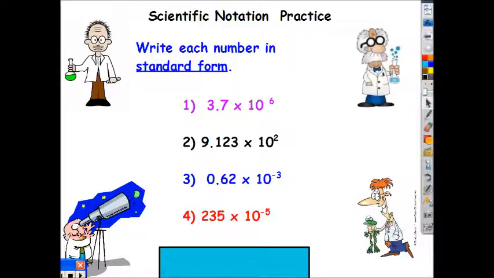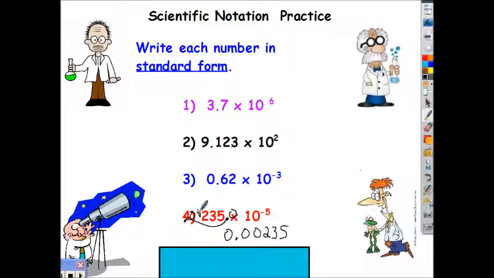Press pause to work this one. So for this one, I have to multiply by 10 to the negative 5th, which is the same as dividing by 10 5 times. So I have to move the decimal 5 places to the left. What decimal? The one that is here, because remember, this is the same as 235.0. Simply move this 5 places to the left, fill in the 2 empty spots with 0, and you have the